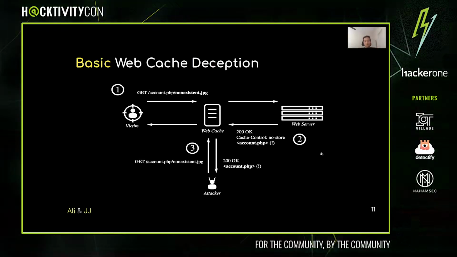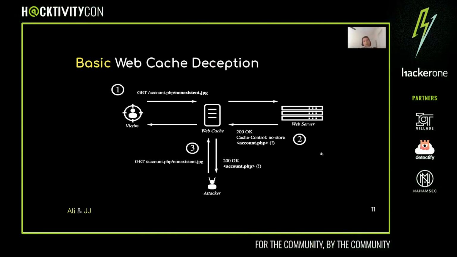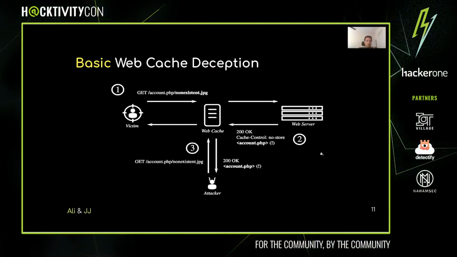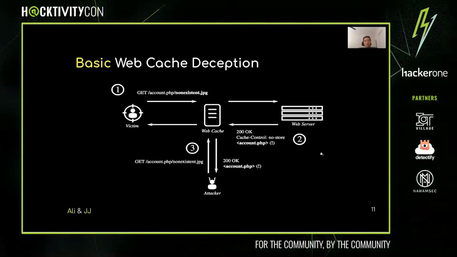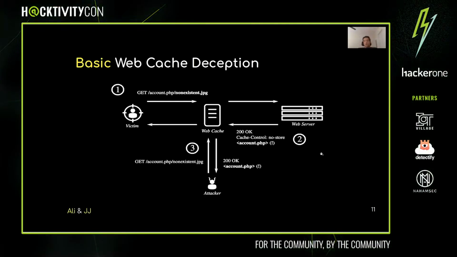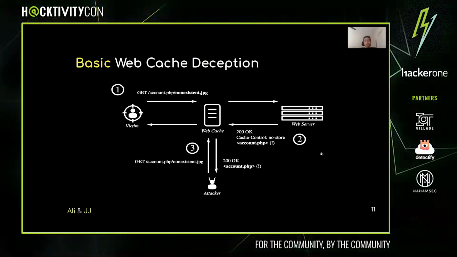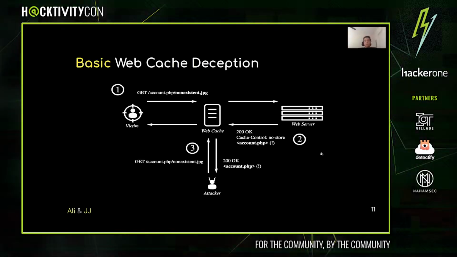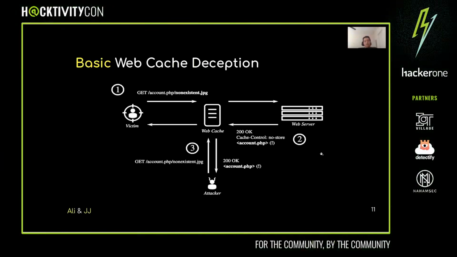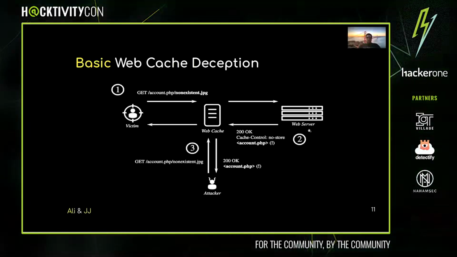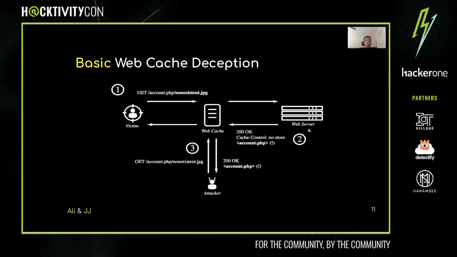Gil in 2017. And as Sajjad said, in step one, if you look at the pictures, the attacker tricks the victim into visiting a URL that requests account.php/non-existent JPG. At first glance, this appears to reference an image file, but in fact does not point to a valid resource on the server. In step two, the request reaches the web server and is processed. The server in this example